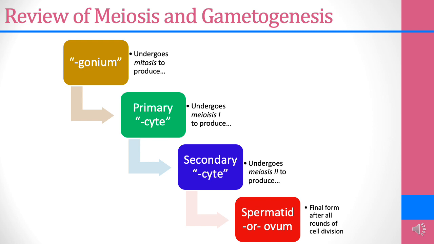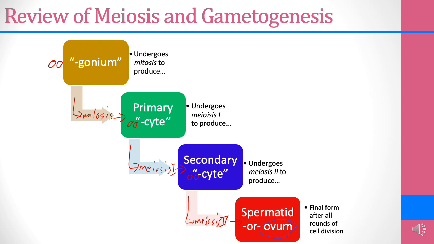So the oogonium undergoes mitosis to produce primary oocytes, which undergo meiosis 1 to produce secondary oocytes, which undergo meiosis 2 to produce